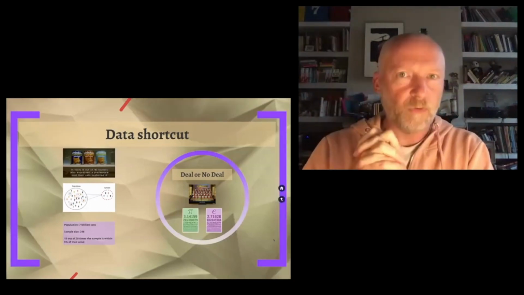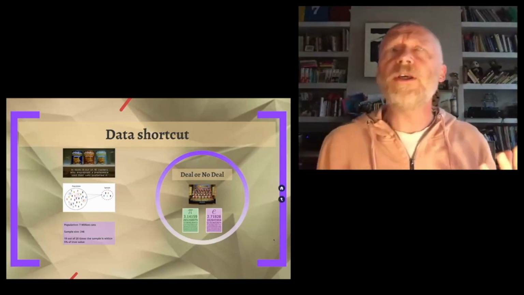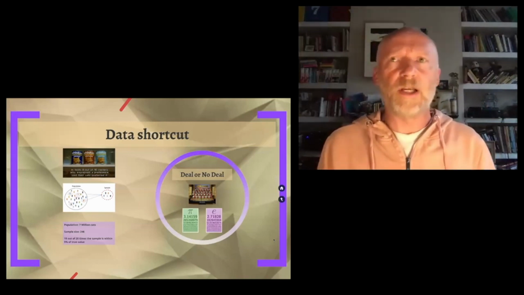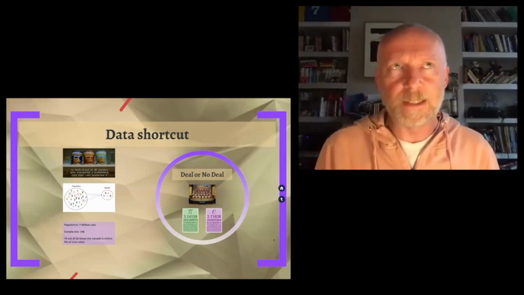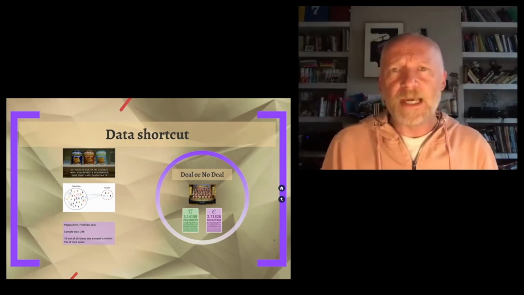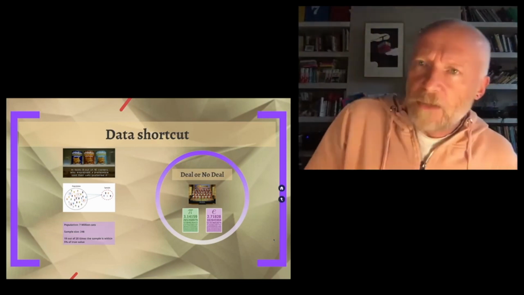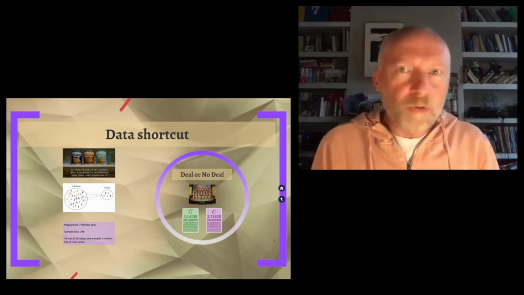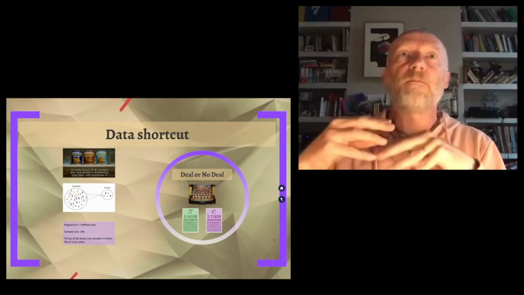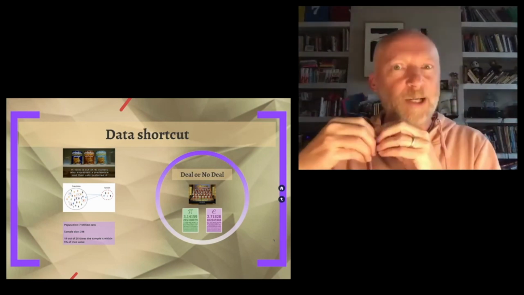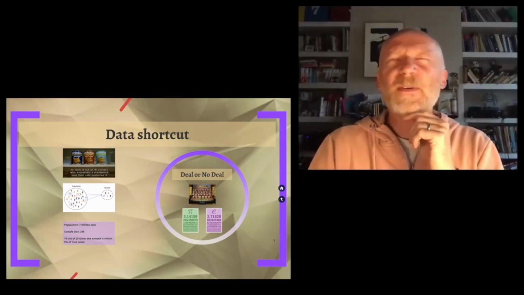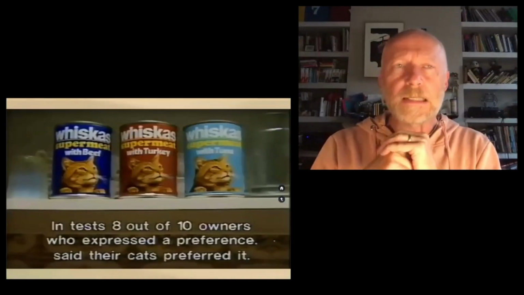So another of the shortcuts I talk about in the book is how we are going to navigate this modern world which has so much data in it that we seem to be overwhelmed. We really need shortcuts to say, well, I don't need to look at all of this data. I just need to identify a small amount of it to understand what's going on in this world. And one of my favorite uses of mathematical shortcuts to understand what's happening in a data set was one to do with an advert I used to watch as a kid.